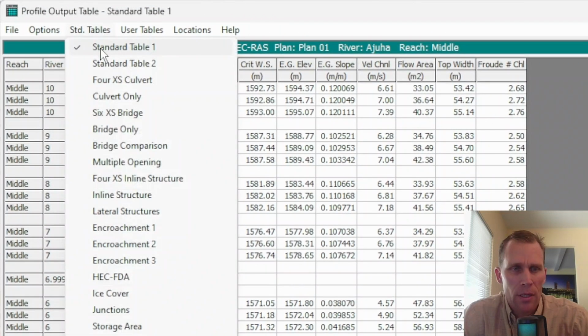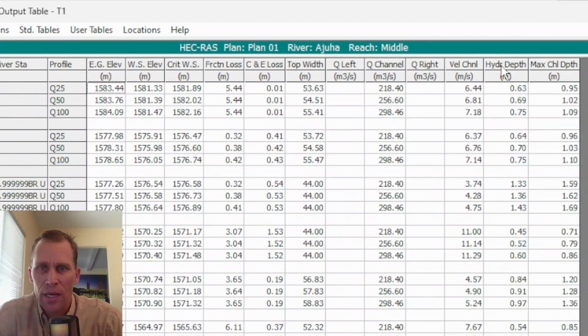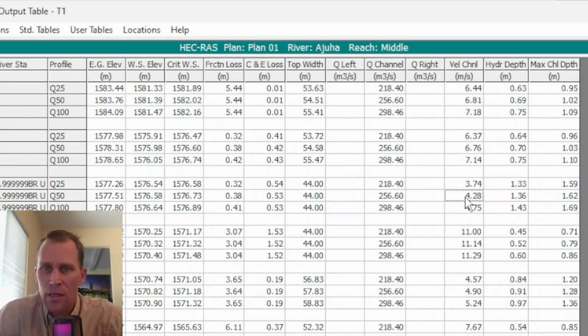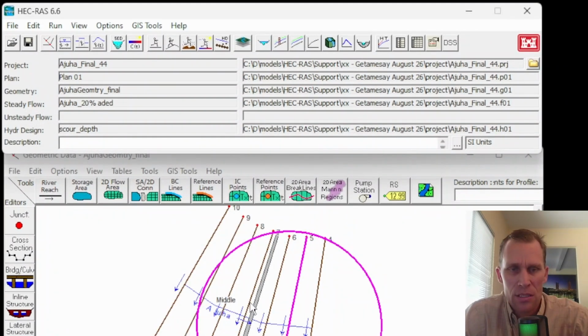What I also did is I went up to the 6 cross-section bridge standard table, and then I added a couple additional columns, and saved that user table as T1. So I also have the hydraulic depth and the max channel depth, because these were some of the numbers that the original modeler sent me to check: 4.28, 1.36, and 1.62 with a water surface elevation of 1576.58. So what I'm going to do now is just hop over to the other model, which uses the 60-meter